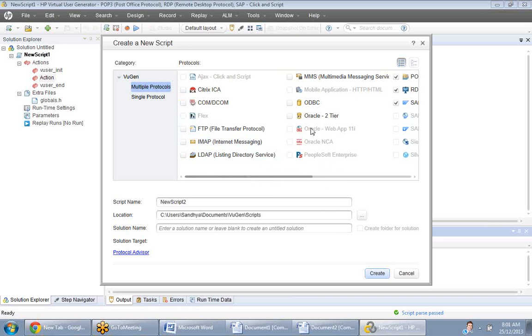I cannot take these two at the same time, Oracle Web Applications 11i and Oracle NCA, because Oracle Web Applications 11i is a combination of Oracle NCA. Since that is a separate protocol available, you cannot take a combination of these. So there are some constraints in the selection of these protocols, but they are disabled at this point, so you need not worry. There are very few applications where you have to take multiple protocols. Clear? Yes, ma'am. Okay, so these are the 2 things I have explained to you.